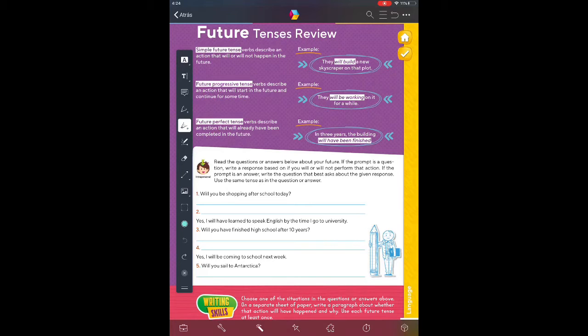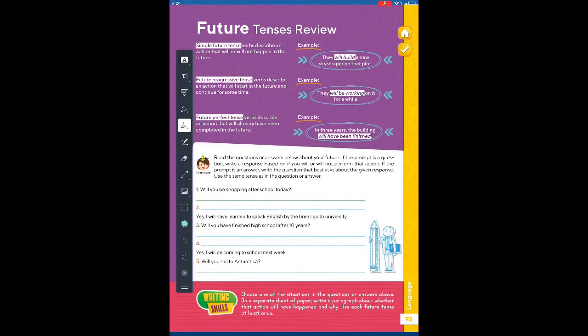Okay? And finally, we have number 5. It says, will you sail to Antarctica? This one is in simple future tense, okay? So you need to answer in simple future tense. And that's it for this page, okay? Now, let's go